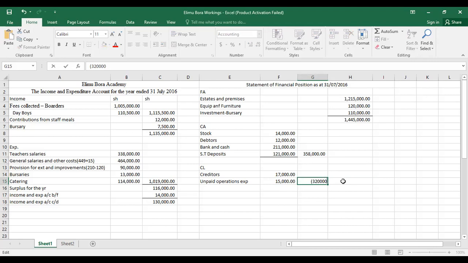This will give us, let me close that bracket. So 358 minus 32. 358 minus 32 is giving us 326,000. So to get our net assets,